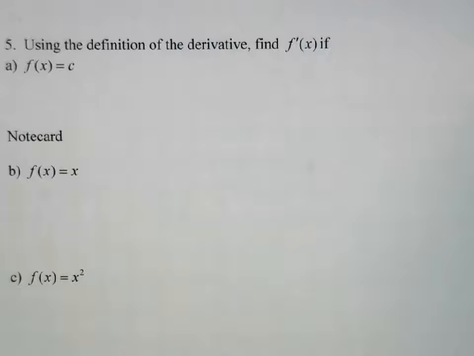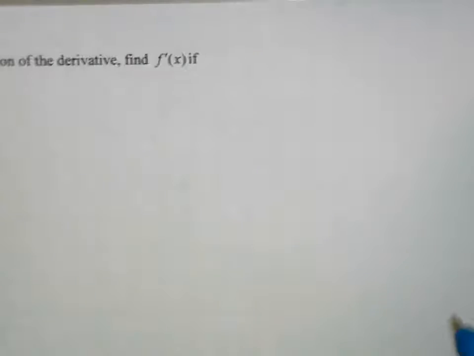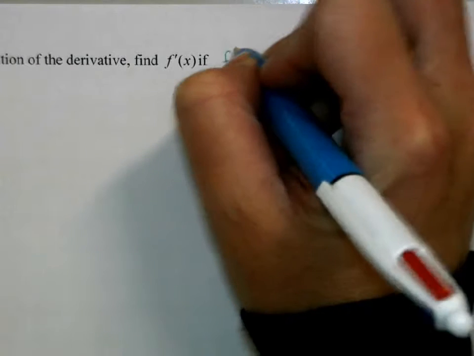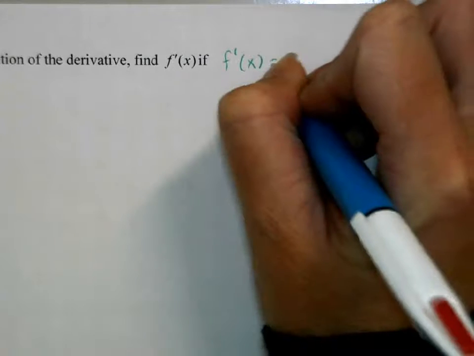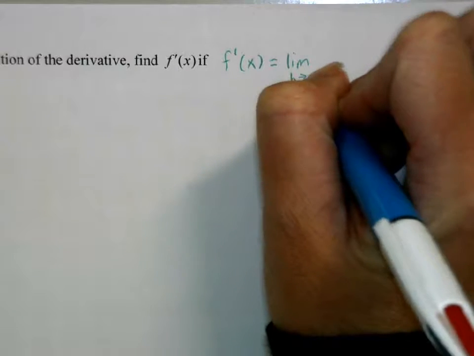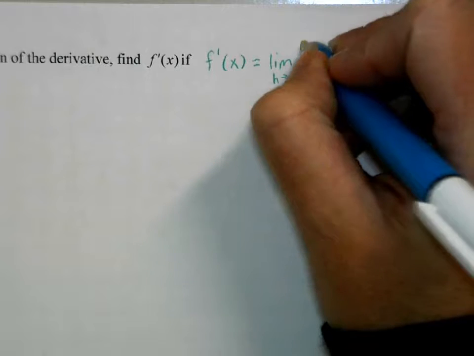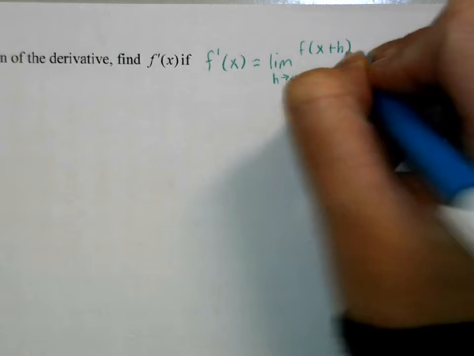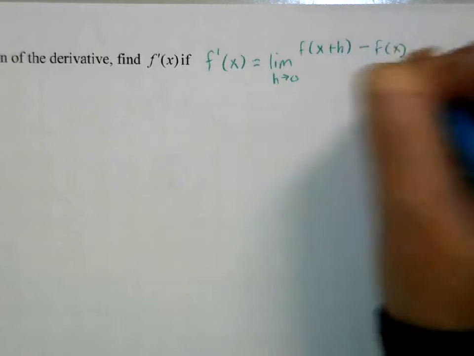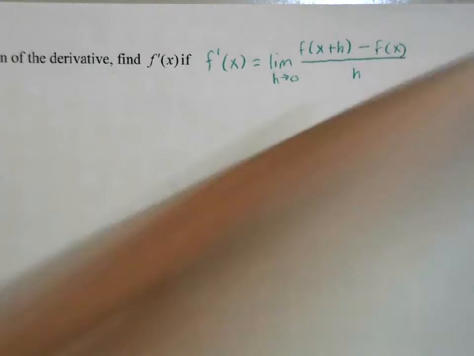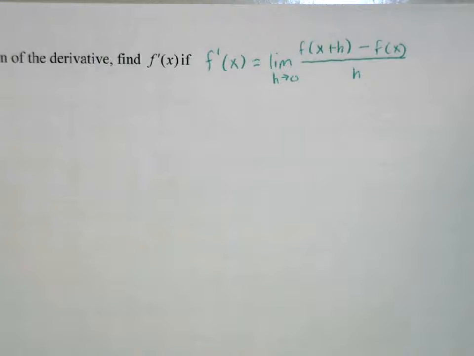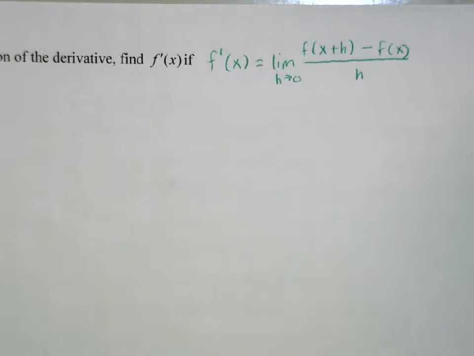Okay, so now we're going to go back to our definition of a derivative, our limit definition of a derivative. We've come up with something, but now we need to prove it. Remember that the definition of a derivative is the limit as h goes to 0 of f of x plus h minus f of x all over h. So this is what we're going to use to find the derivatives of various powers and confirm